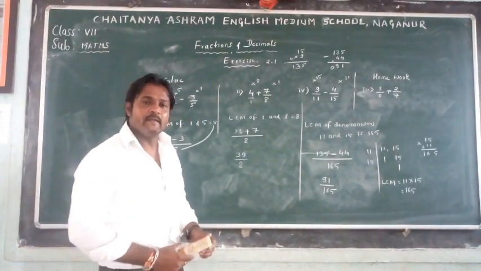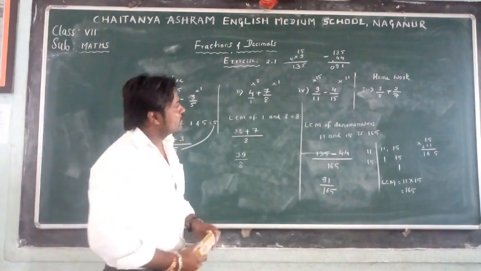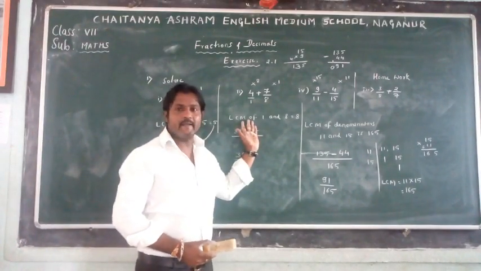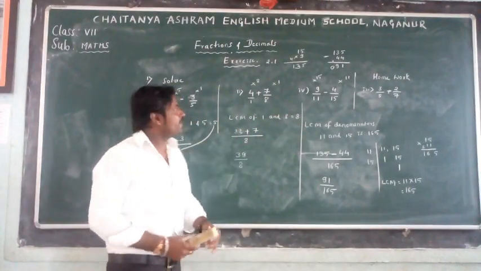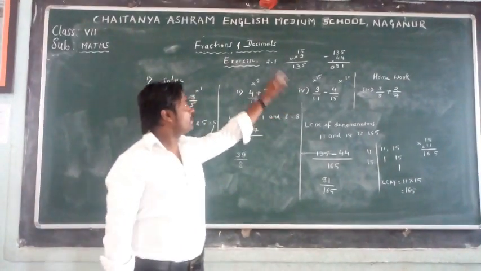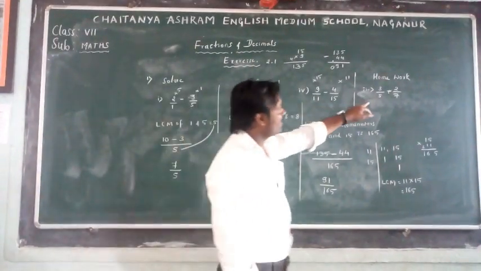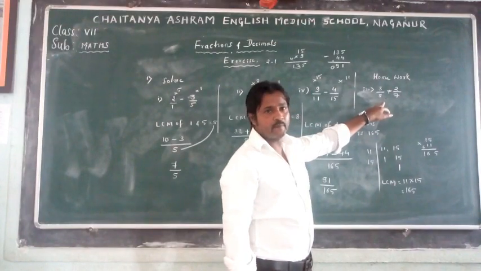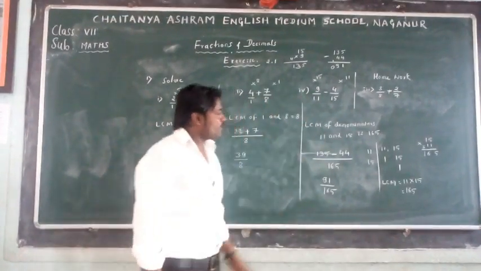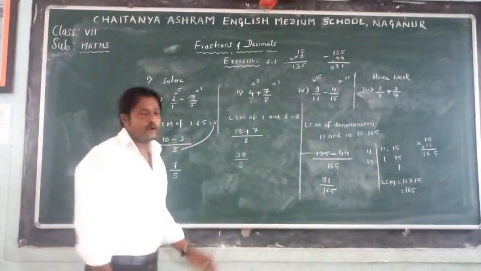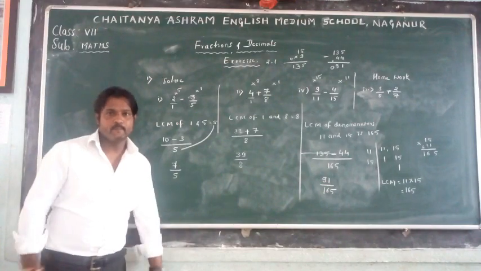If they are like, it is very easy to add or subtract. If they are unlike, we should find the LCM of the denominators. Then we simplify. These are the solutions of exercise 2.1, first one, second one. Dear children, this is homework for you. Third one, do it yourself. This is the fourth one. So take a short note or pause the video and write the notes. We will come back.